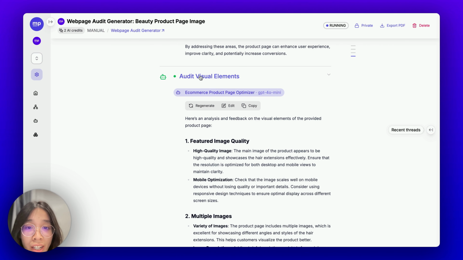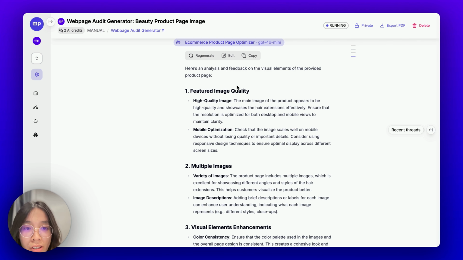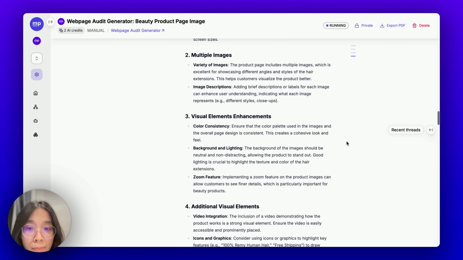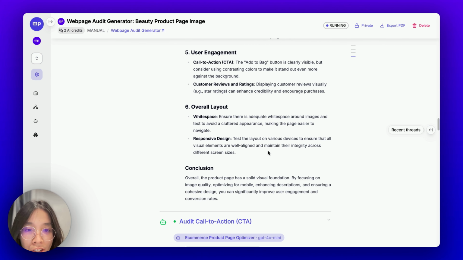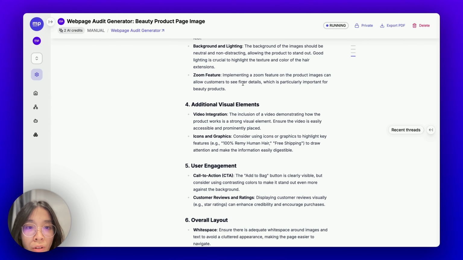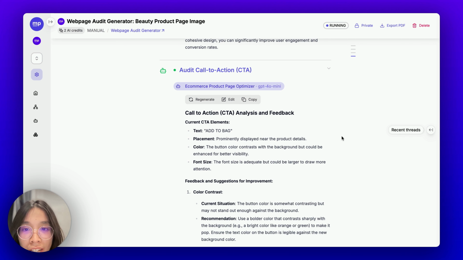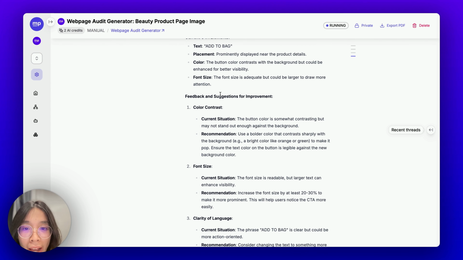Then it can provide feedback for the visual elements in this case too. So it does the analysis across different visual aspects, and make some solid recommendations, such as consider using icons or graphics or implementing a zoom feature and more. And then it audits the call to action in this case, as well as give me some feedback and suggestions